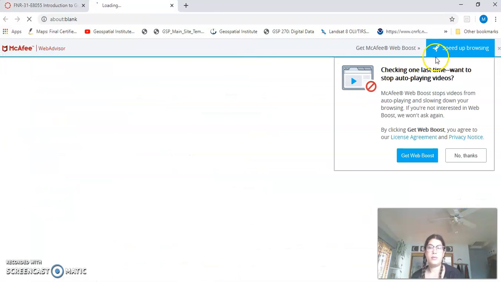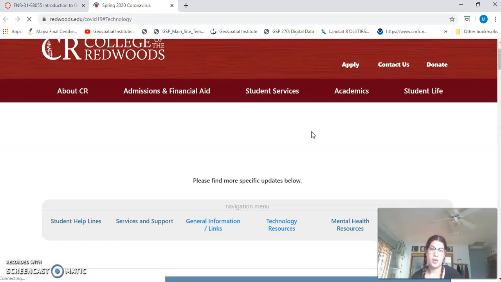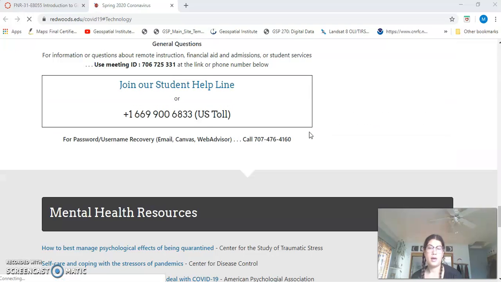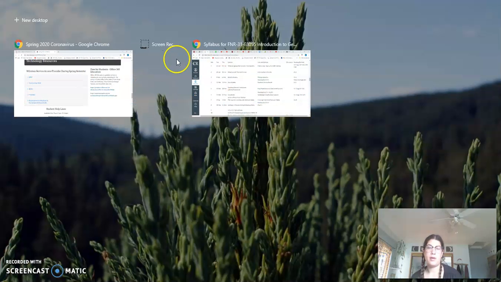Okay, while this is loading, this is going to take you to the web page that has all the information for students. This is just one section of it, but if I scroll up and down,